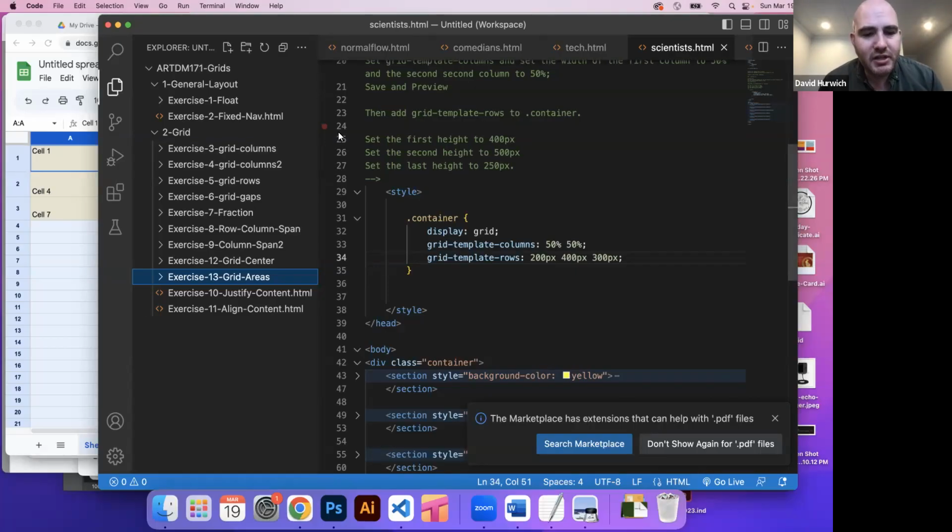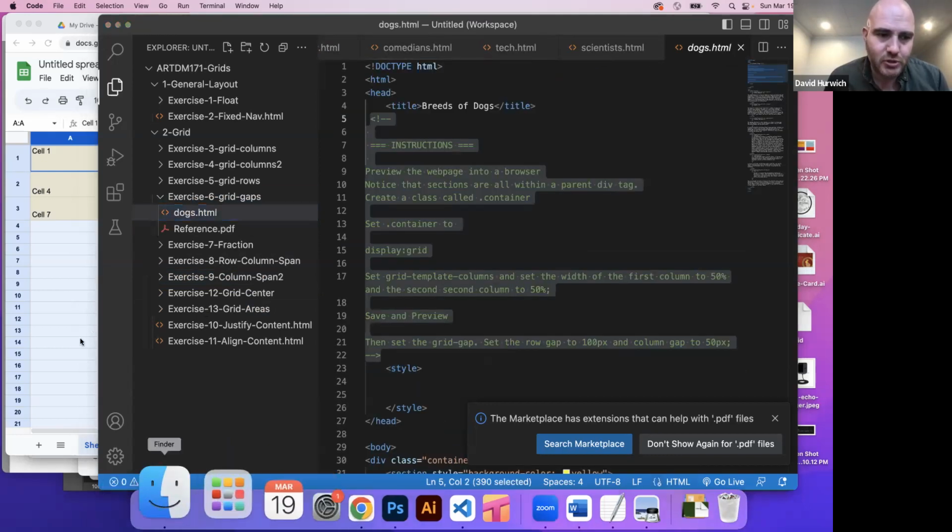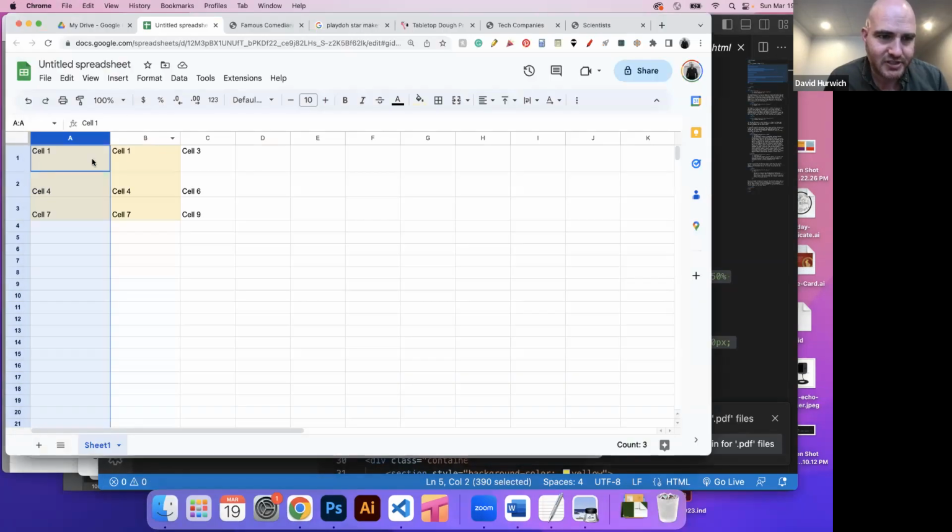All right, so we've been talking about CSS grids, and we got to the basics in the last one, where we could set up the number of columns we would have and the width of those columns. We could also set up the height of our rows. Let's talk about how sometimes we may want to put gaps in between our rows and our columns. So for instance, let's say I have these two columns, and I want there to be a little bit of a gap here. What I could do